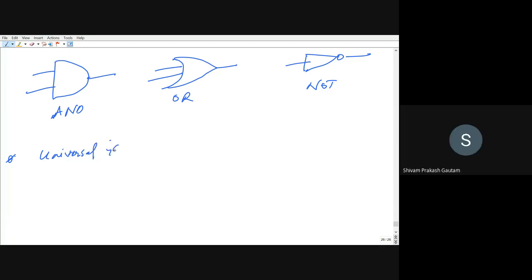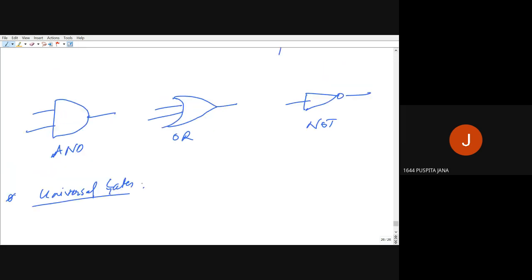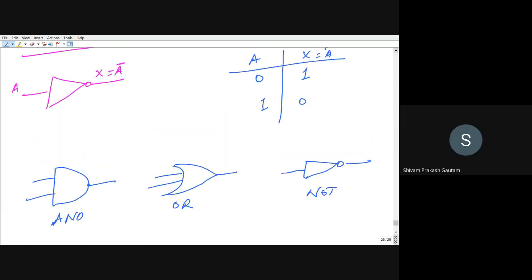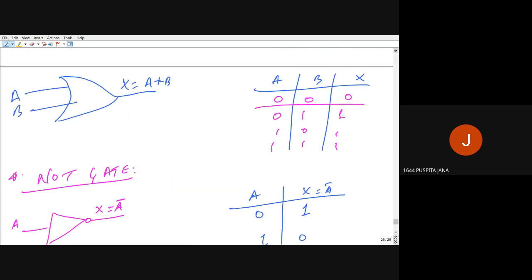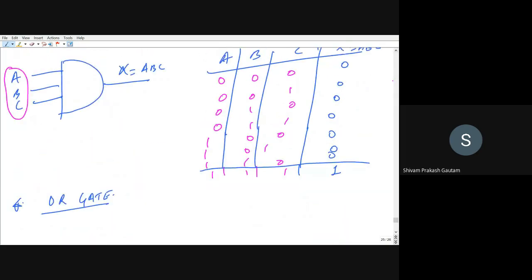Sir, for the 3 input cases, only 2 inputs should be 0 and another one would be high. For which gate? Sir, any gate with 3 inputs. No, for 3 inputs, how many ways can you represent those inputs? So these are the ways, right? 8 ways are there. So these are the different 8 ways that you can give the input to these gates.